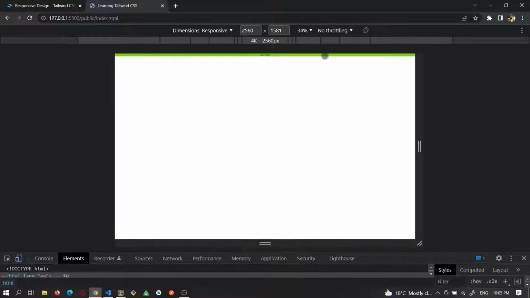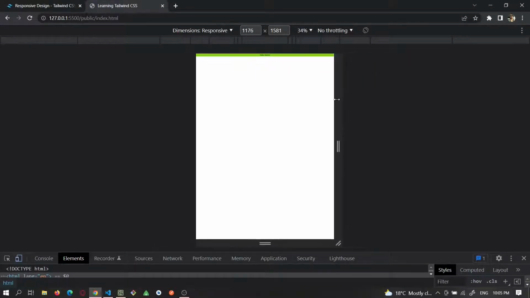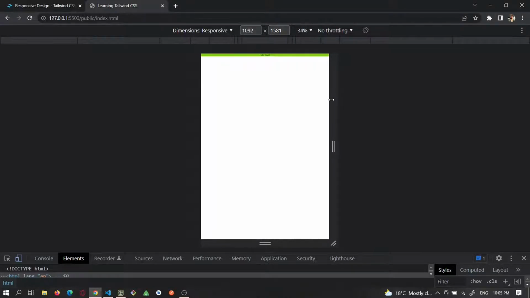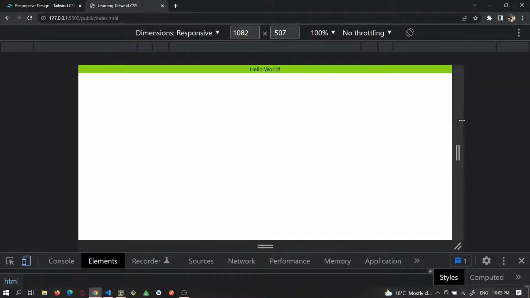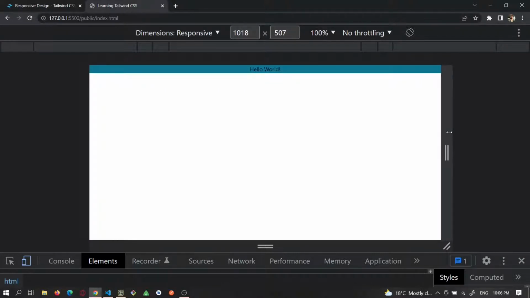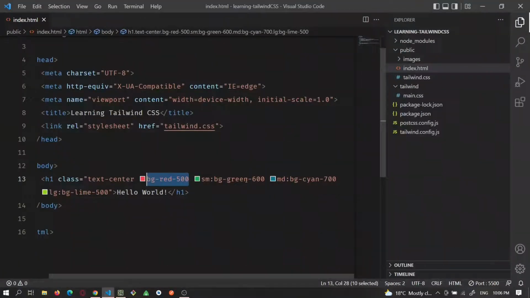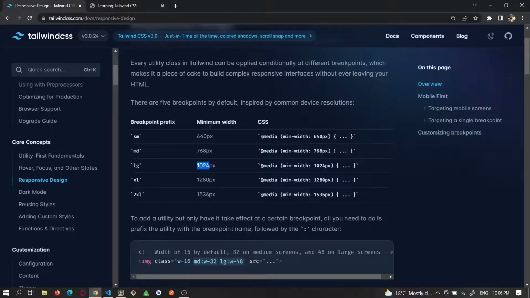If we check how the background color changes whenever we reach that breakpoint, I don't know if you can see my page. Let's zoom in a bit. Okay, so now we are currently above 1024 pixels. If we go down to 1018, for example, now we are using the styles for the MD prefix, this one, okay? Because our screen size is between